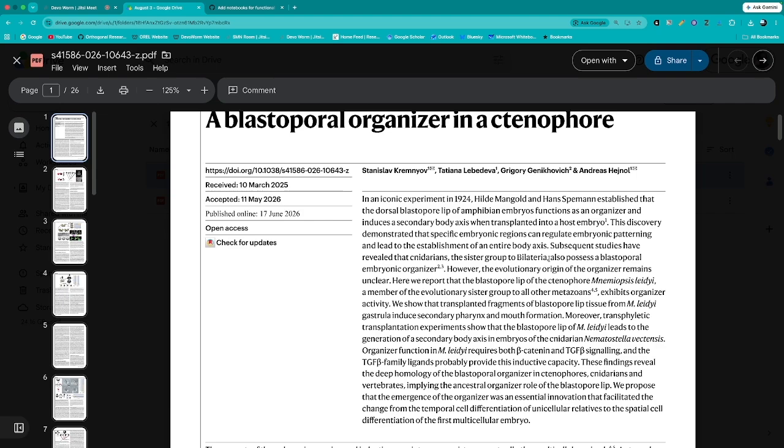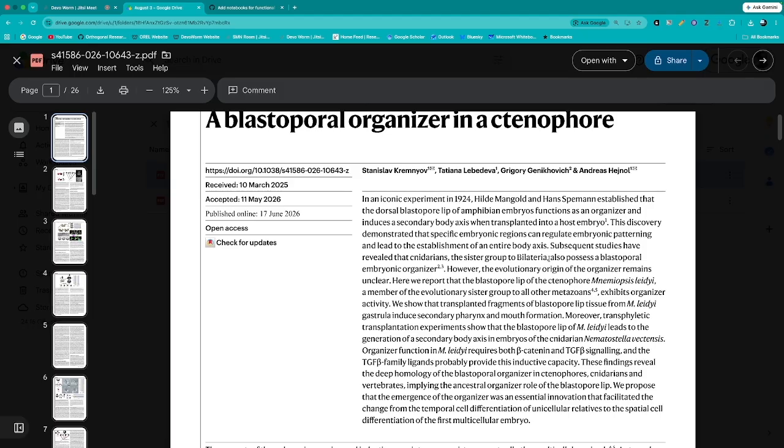We show that transplanted fragments of blastopore lip tissue from M. leidyi gastrula induce secondary pharynx and mouth formation. So again, we have the same result in the ctenophore, where we have the secondary pharynx and mouth formation, which is, of course, organizing a secondary process in the embryo. Moreover, transphyletic transplantation experiments show that the blastopore lip of M. leidyi leads to the generation of a secondary body axis in embryos of the cnidarian Nematostella